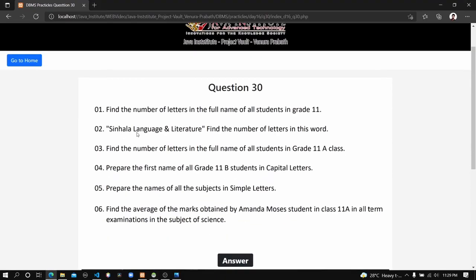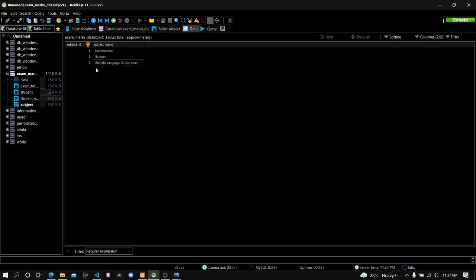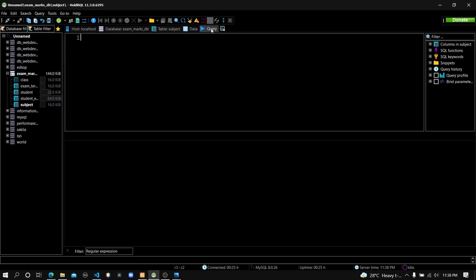And here's the second one, Sinhala language and literature. That's the name of a subject. Find the number of letters in this word. Okay, you can see in the question they gave us the name of the subject directly. If you want, you can write a select query and get it here. Let me show you the subject table. Here you can select this specific name and find the character length, but in this case I'm going to use